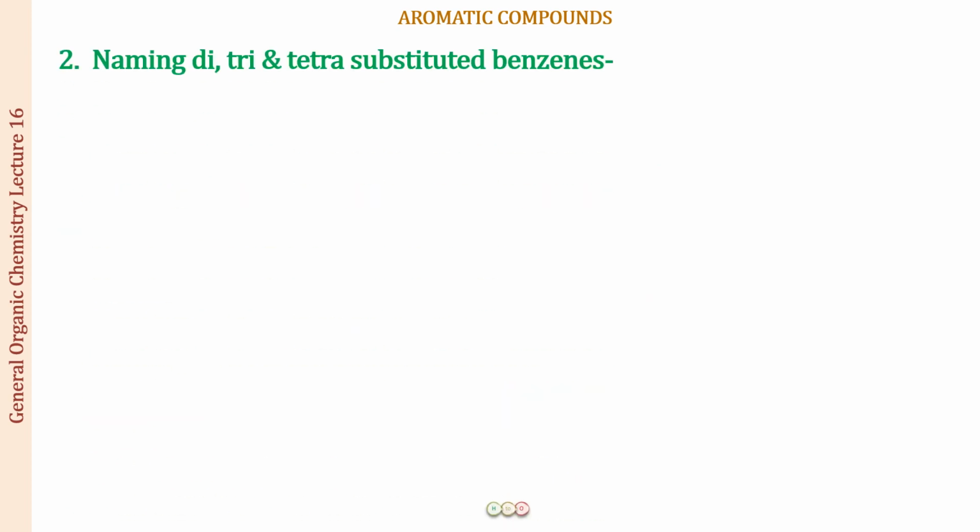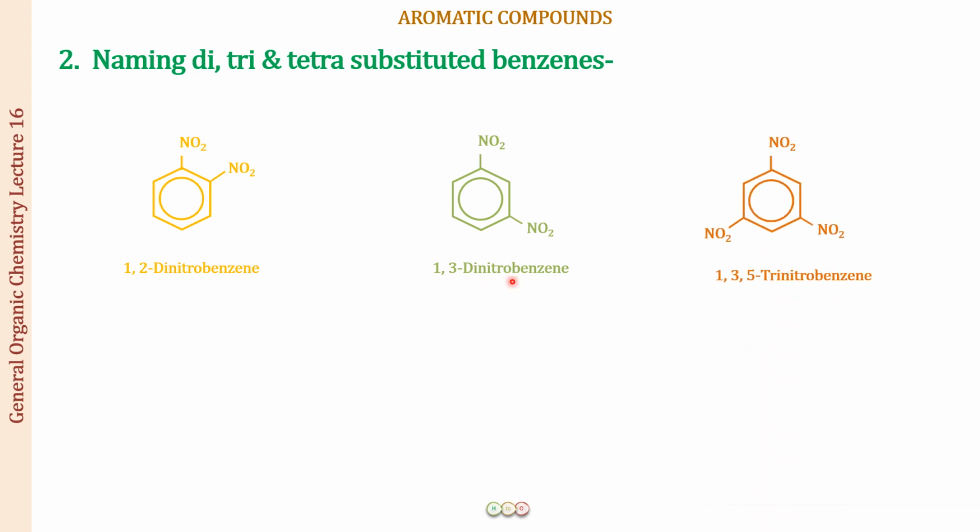The next rule you have to remember is that if they are going to be di-, tri-, tetra-substituted benzene, how are you going to name them? For them, you obviously have to give the number of the substitution where it is present on the ring, right? So in this compound, you can see that the nitro group is present at position number 1 and position number 2. So it is going to be 1,2-dinitrobenzene. The next you can see it is at position number 1 and position number 3. So it is going to be 1,3-dinitrobenzene. And the next, see, there are three NO2 groups. So you have to give a position for them, and then you will be using the prefix tri in front of the nitro, right? So this will be 1,3,5-trinitrobenzene.